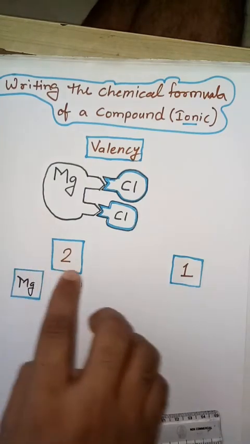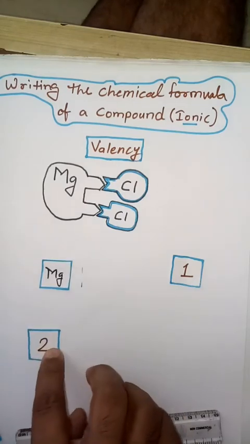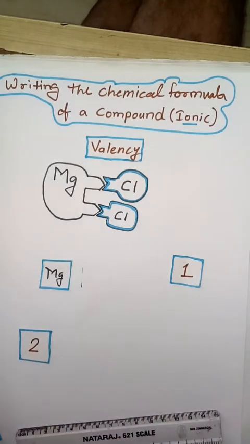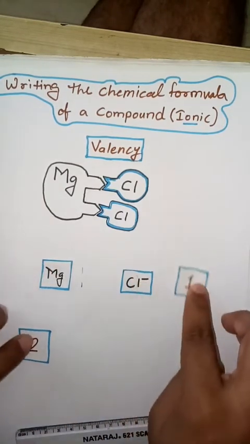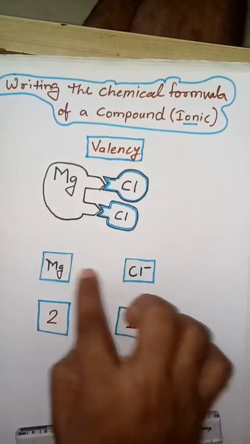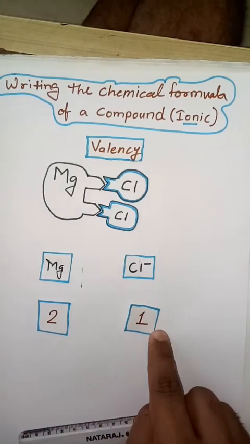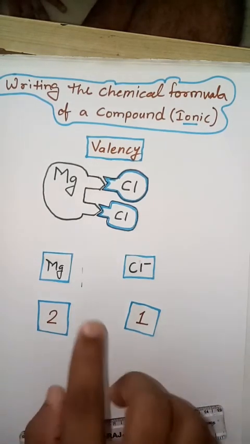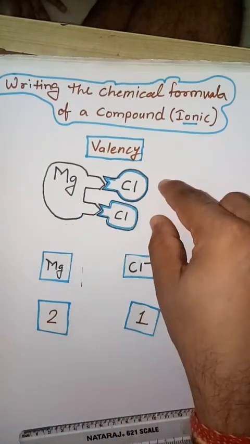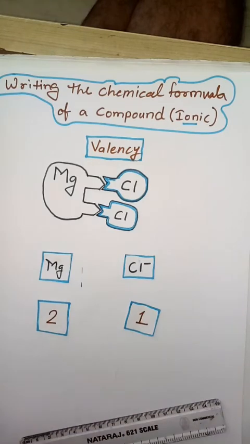Now 1 magnesium requires 2 chlorine. Magnesium's valency is 2 and chlorine's valency is 1, and this magnesium needs 2 chlorine to satisfy, and for this you need to do what is called the